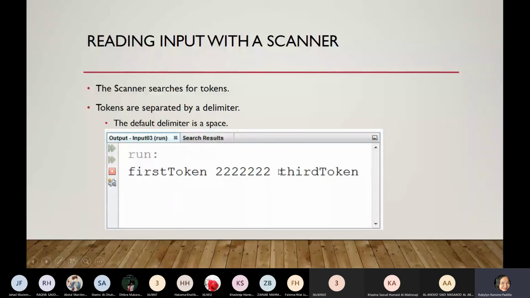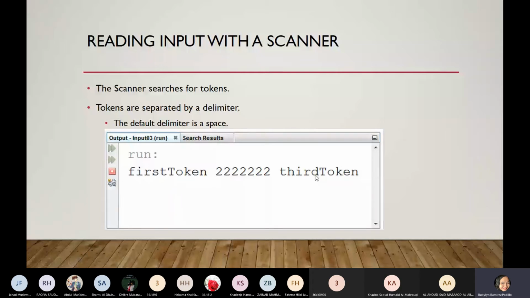What do you mean by delimiter? When you want the console to accept the value, you can put space or you can press the enter key. Like this one, these are actually 3 inputs. The first input is the first token, and then you can have a space in between, or you can press the enter key, or you can just put a space in between. This means I have 1, 2, 3 inputs here. Okay, let's show that later in our practical.